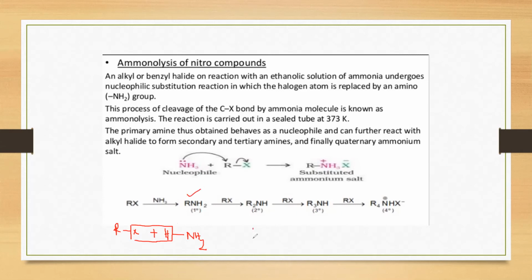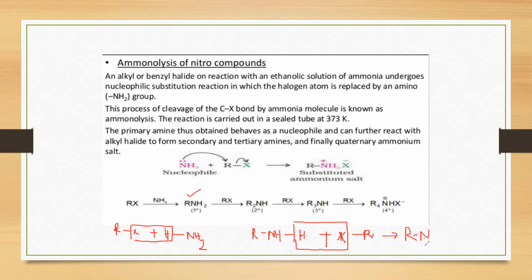And in the second step, if you have difficulty writing that nucleophilic substitution step, you can write RNH2 as RNH, one hydrogen should be there, and write another molecule of RX. I'm just writing X here for the sake of clarity. Here you will remove this HX. You can write it the other way around, RX plus RNH like that, so H and X come together. Then it is easier for you to write the product.